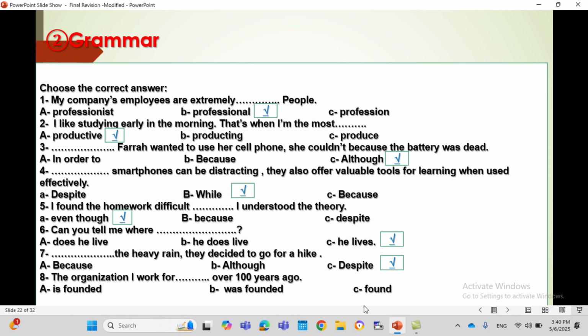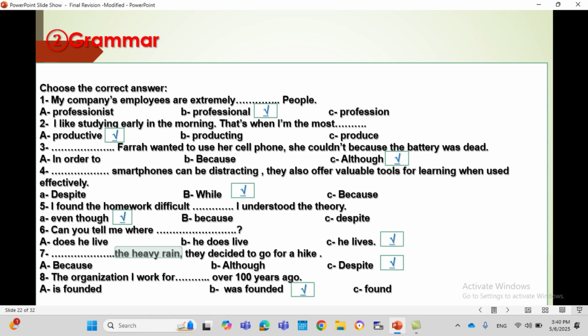So that's why we cannot say found, because an organization cannot establish itself. I told you before that the verb found means to establish or set up. So we can cross out this option. We have 2 options: is founded and was founded. Which one of them? I try to guess which is the right answer. The right answer is